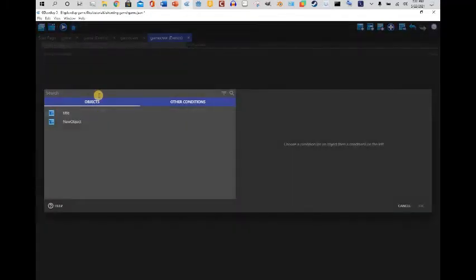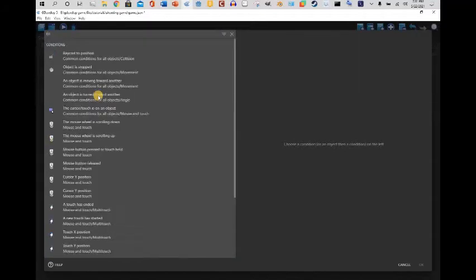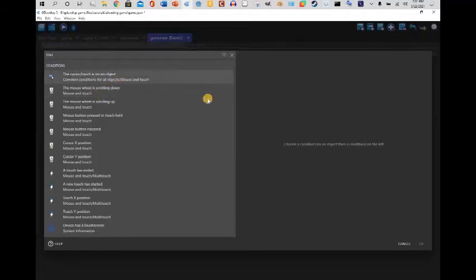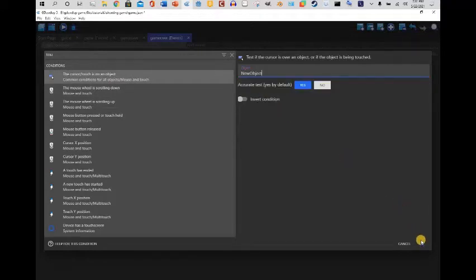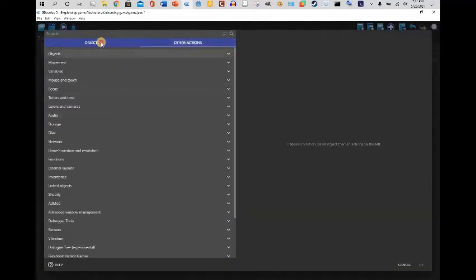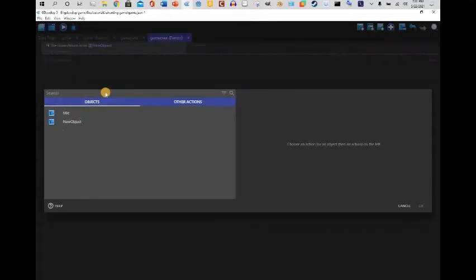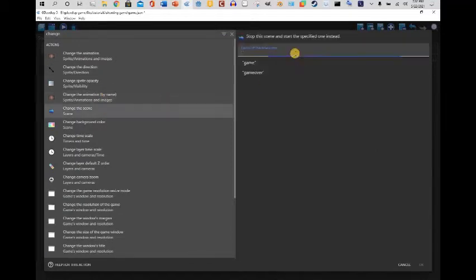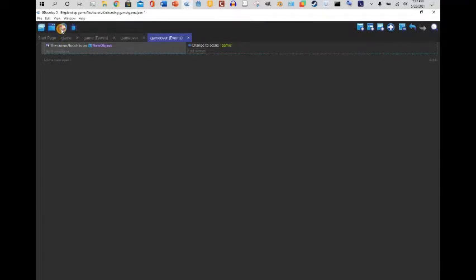So, add a new event, type in touch. The cursor is touching an object, hit the replay button, and change the scene. Back to game mode, back to the game. Hit OK. Now we have